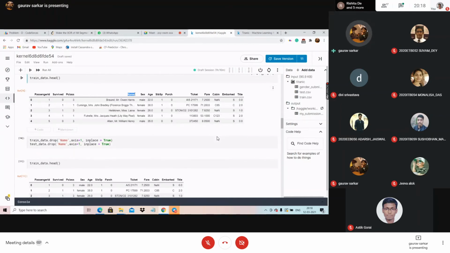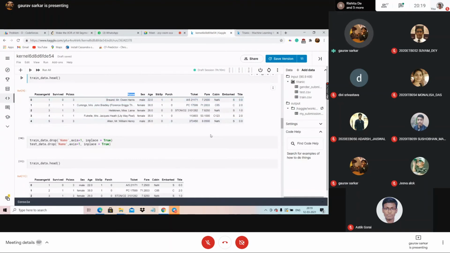Why, you must know. Can somebody tell me? I will just explain why I am dropping this. By dropping, you mean you are deleting it. Yes, by dropping I mean deleting that column, removing it from the training data set. Because the names are quite random. Some have titles, some have just the name, some start with surname. Exactly. So you can't just feed this data into the model, because your machine can't find a pattern from it.